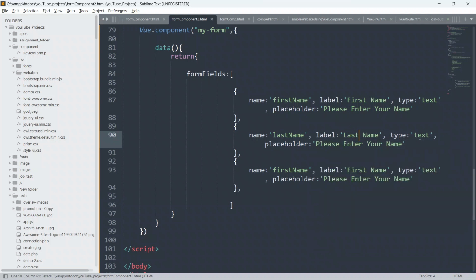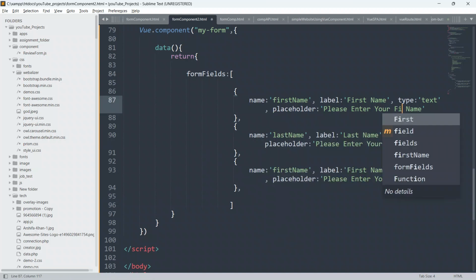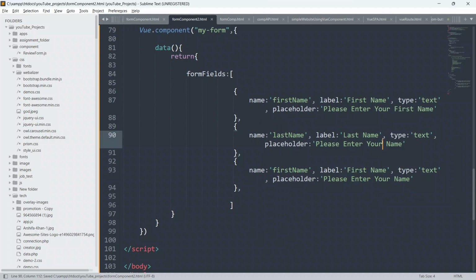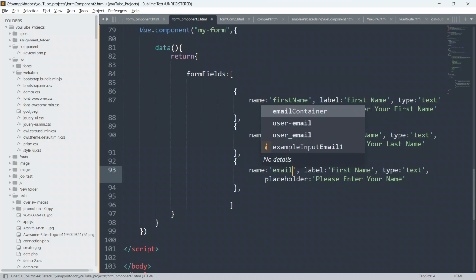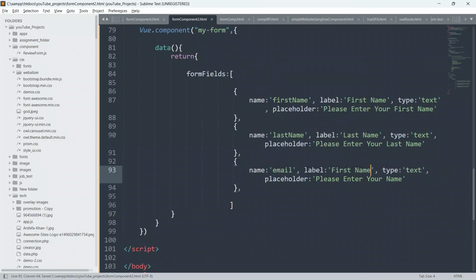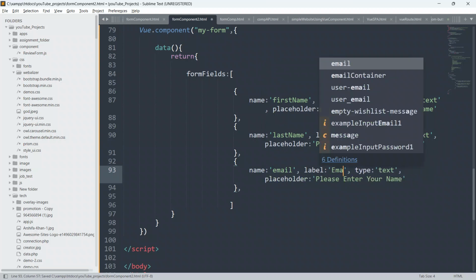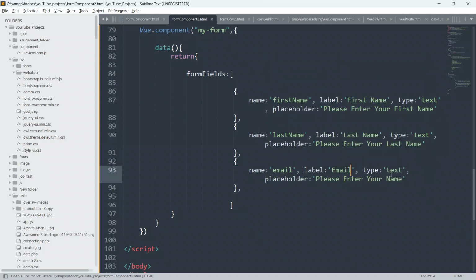Okay, and yeah, it is a type of text only, and give the placeholder, please enter your last name. And yeah, this is the type of email, so we will say email, and just change the label to email also. So say email, and this is the type of email, so we have to give the type as email. Okay, and we will say here please enter your email.